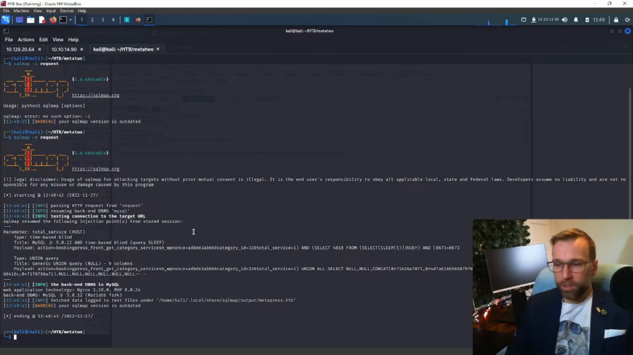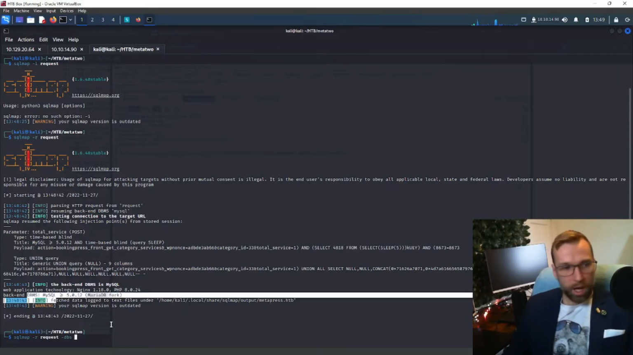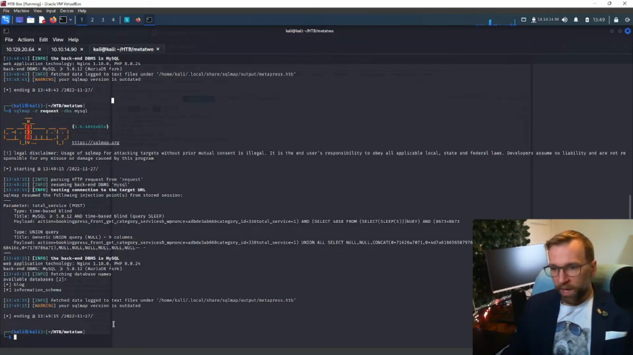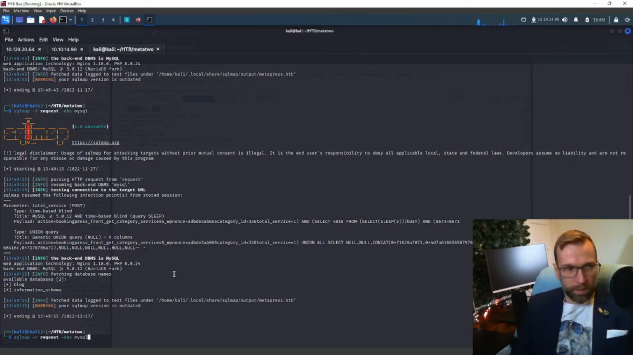So what we're going to do here is, we know what we're going after, so let's go ahead and specify the database system, which is MySQL, which we can see right here, database management system, MySQL. And it's going to say, hey, great news, you have two databases available, blog and schema. So what we're going to do now is